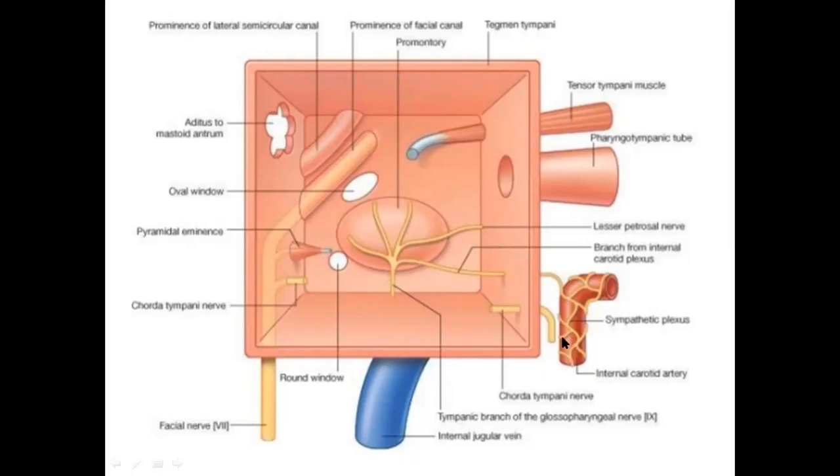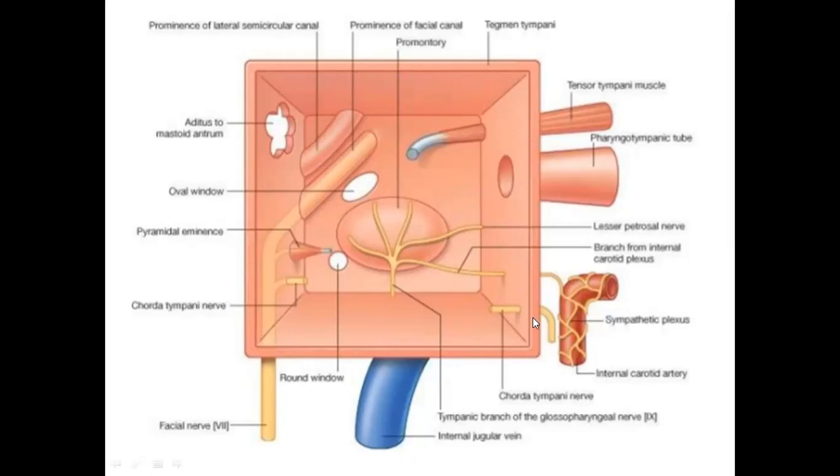So this is the chorda tympani, which actually arises here on the posterior wall and passes through the anterior wall, and it contains the preganglionic parasympathetic fibers, and that relays over the submandibular ganglion, and through the submandibular ganglion, the sublingual ganglion. It supplies the submandibular and sublingual gland. It passes through the anterior wall. So this is all about the chorda tympani.